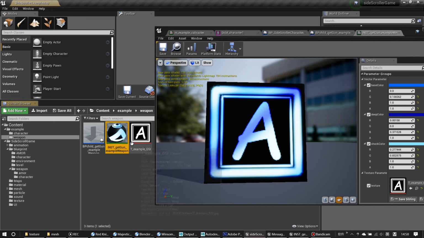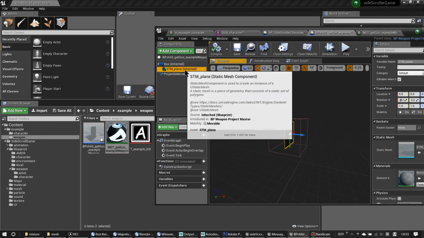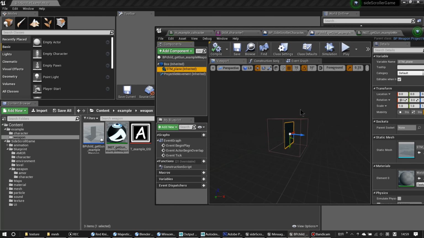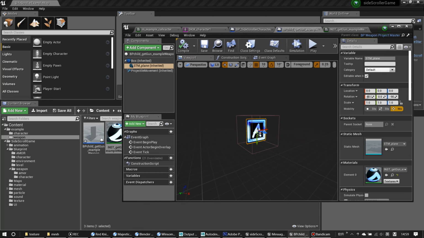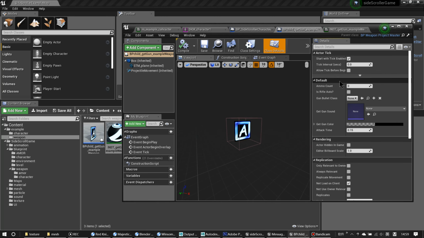Okay, next we select this material in the content browser, open the BP child get gun example weapon and give this material to the static mesh plane. Okay, give this material to it. Save and compile. The next thing we should do is set the variables in this weapon blueprint. The variables we have